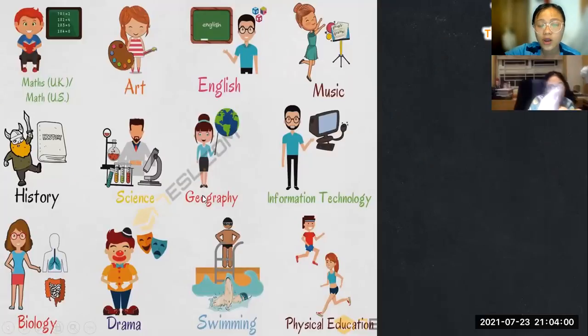Next, we have geography. You learn something about the land, maybe the earth, the plates. Geography, môn địa lý. Next, we have information technology or IT. Okay, here. Next one, biology. You know biology, what does it mean? Learn something inside the body, the animals, and so on. Các tìm hiểu về con người này, về các loài động vật này, nghiên cứu sâu hơn về nó, chúng ta gọi là biology, môn sinh học.